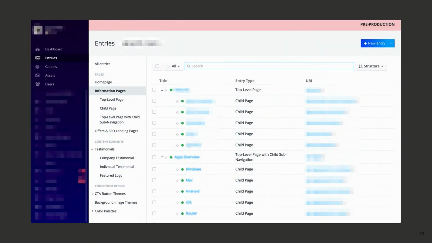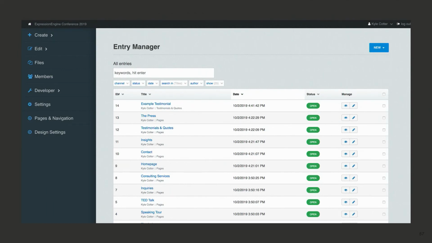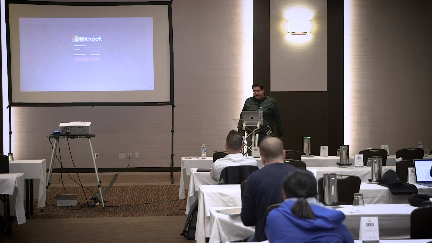You can even take this a step further. Here's an example in Craft where we've skinned the sidebar as well, matching branding. There's a lot of flexibility in what you can do here. And going back to the plugin or the add-on for ExpressionEngine that lets you style things, you can even come up with totally different layouts, whatever is best for the client. A couple more examples of some login screens. So that's step 1 to making it personal, making it theirs. Give them an experience that feels like theirs. We don't want to go overboard with it, so the login screen is a nice starting point for that.